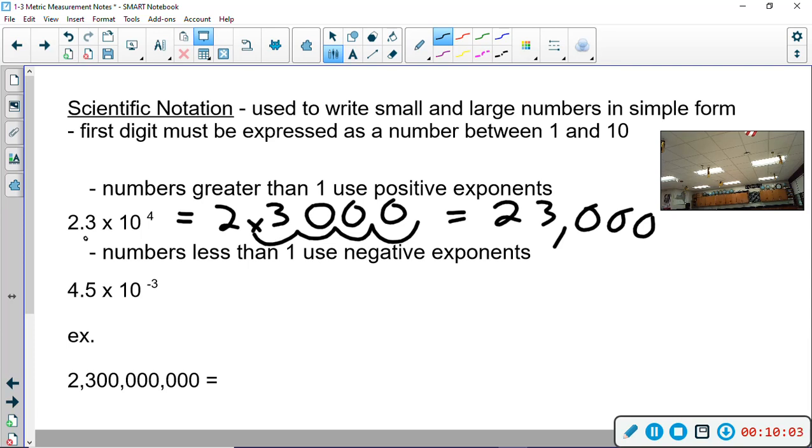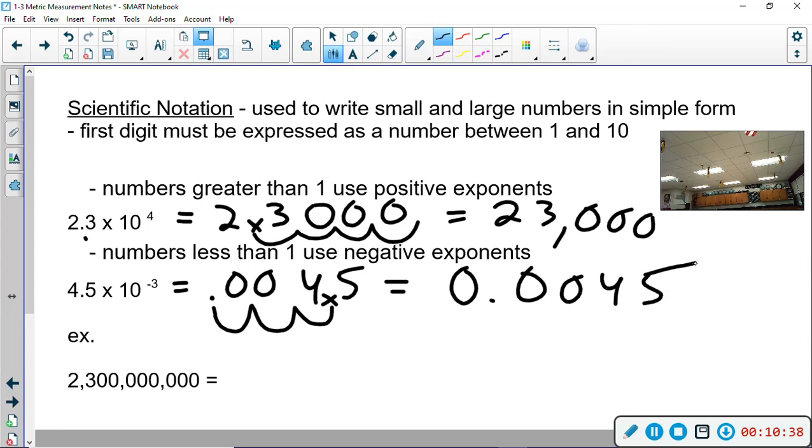Remember, always count where the decimal place starts. It's not the amount of zeros. A lot of people think that initially, and you might have learned that in the past, but that's not the case with these numbers. And also the negative exponents, you're going to move the other way. So I'm going to give some room, because we're going to move the decimal the other way. So 4.5, and I'm going to move it 1, 2, 3 places to the left, and put my decimal in my new spot. So the answer really is